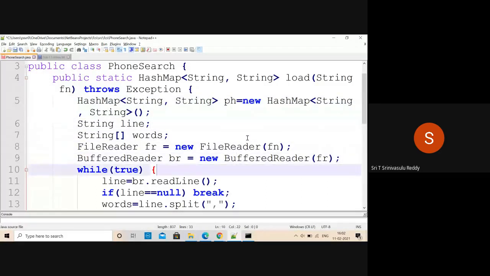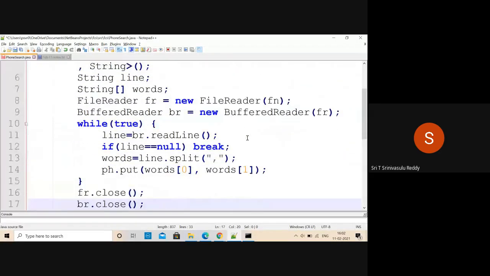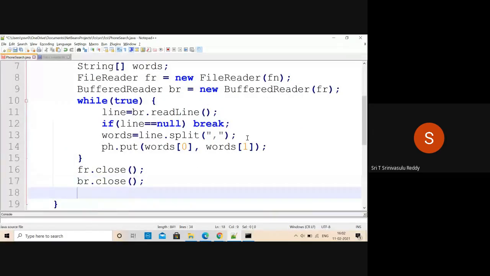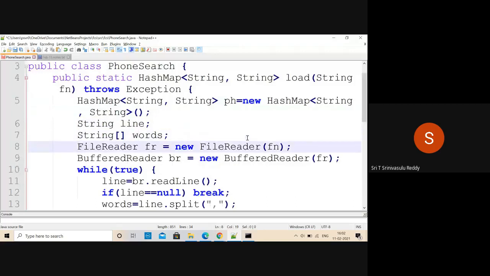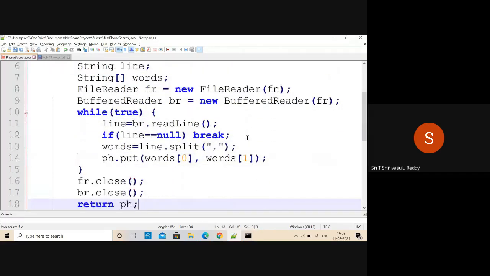So after going through this, now you are reading each one of them. And what are you going to do? You are going to return the corresponding hash map. So whoever is going to call this method called load is going to get a hash map object, and that object can be stored in the main method or wherever, and then assigned and so on. This is very simple. Now let us go into the main method.